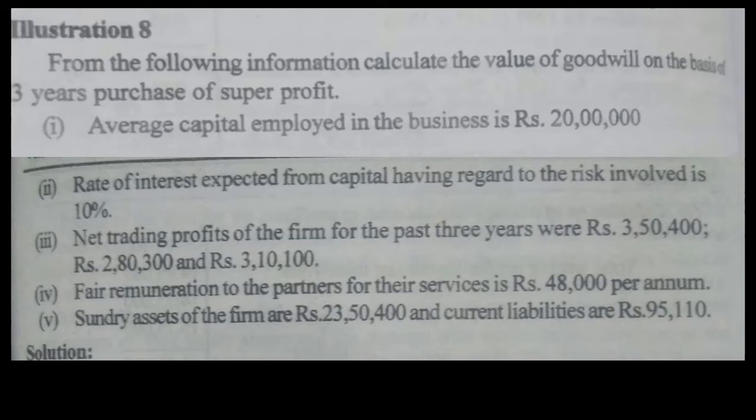But here, we know that capital employed is nothing but your assets minus liabilities. Here we are given the assets and the liabilities separately. But apart from these, in the first line we can see the average capital employed is given. When average capital employed is given, we'll take that alone. We won't minus and find a new capital employed. So this is the capital employed now. Okay, let us go to the answer now.